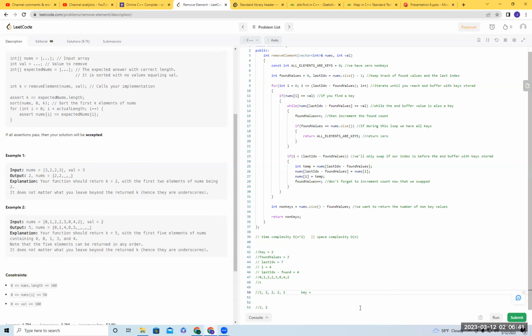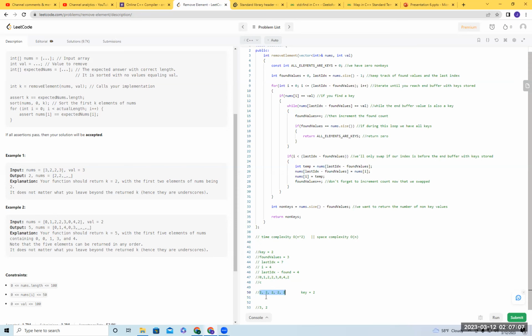The first value, I want to put it in the last index, but that's a key. So I'll increment the count, and then I'll move to this space as part of my key buffer, but that's a key. So I'll increment my count and move to the next buffer, but that's a key as well. And then I increment, but that's a key as well. And so you could see that